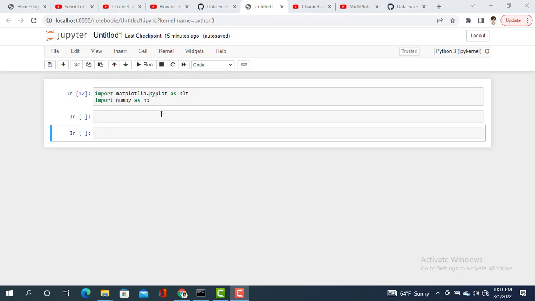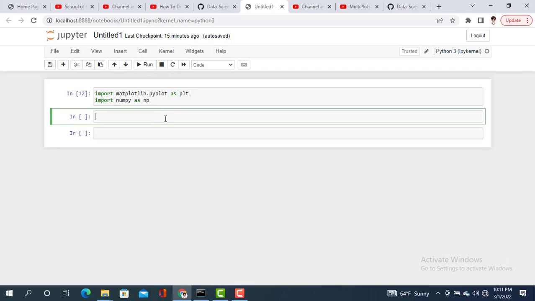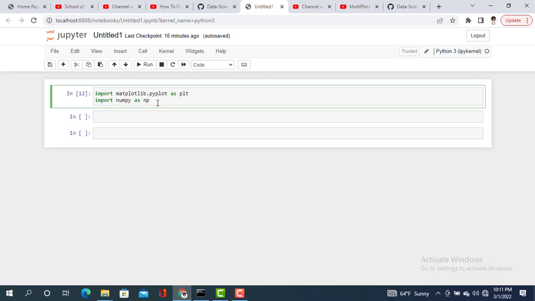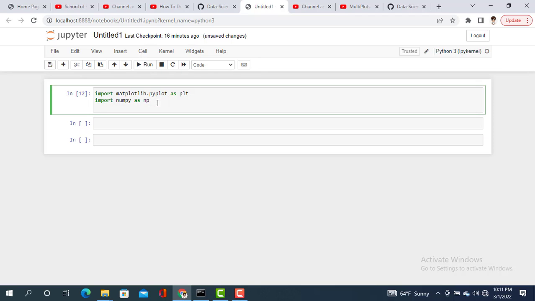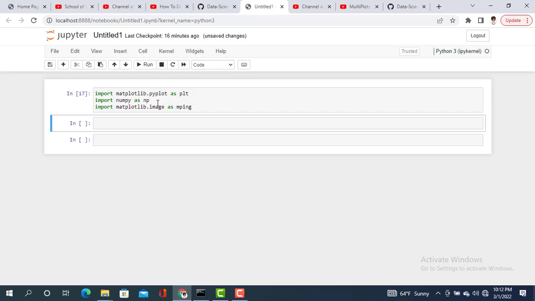Let's start. At first you need to import the matplotlib library, and when you work with images in matplotlib, you need to import another library called matplotlib.image as mpimg. Okay, so I will execute this cell, and after that